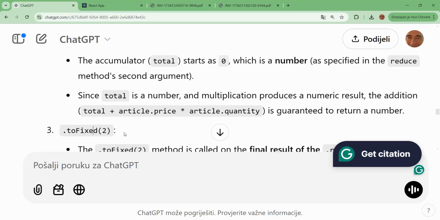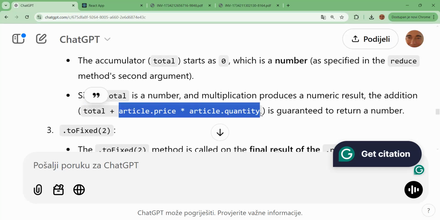The addition is guaranteed to return a number. Of course, if total is a number and the articles in this multiplication are both numbers, plus